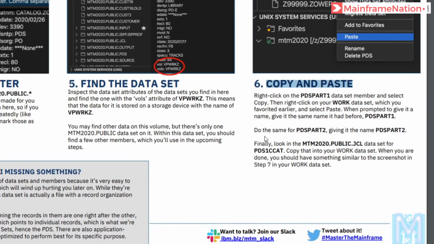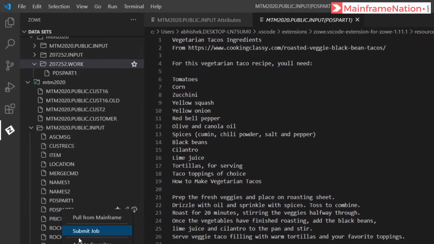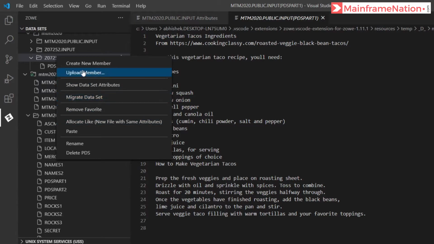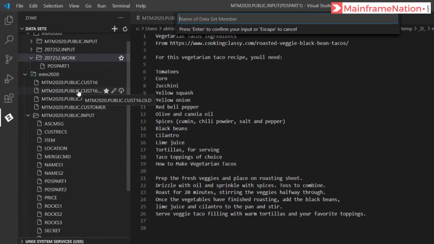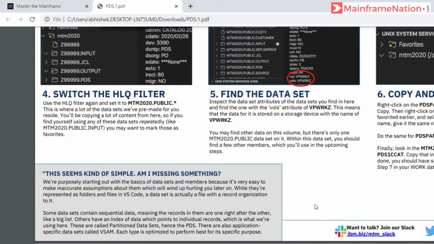Same way, copy part 2. So this is PDS part 2. Copy this, go to work dataset, paste it here, give the same name PDS part 2, and you will see a new dataset member PDS part 2 was created.